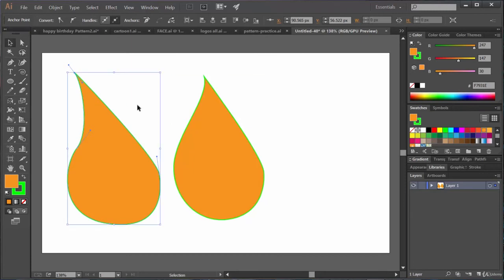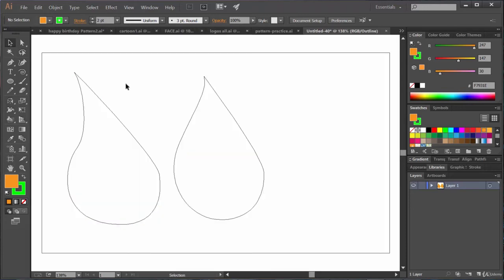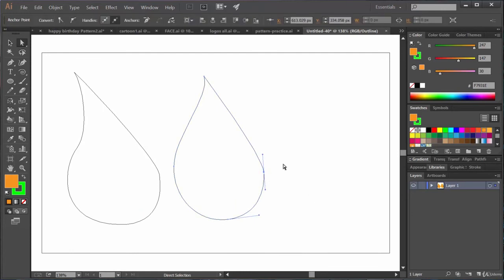Now if you are thinking how to work with outline mode, press Ctrl Y or Command Y to work in outline mode. Now the interesting thing is that you can control this control handle.